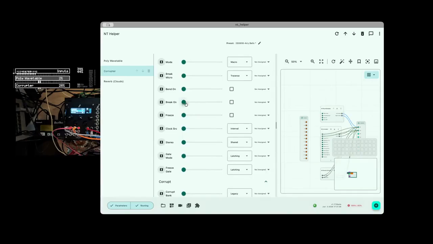Here we go. This is what I want. Let's go for micro. Anyway, you have to play with that for a while to get anything that sounds decent, but it's kind of a fun plugin. Speaking of plugins,